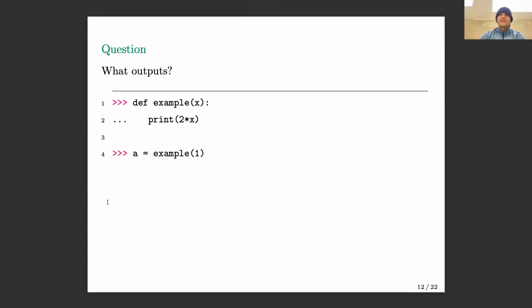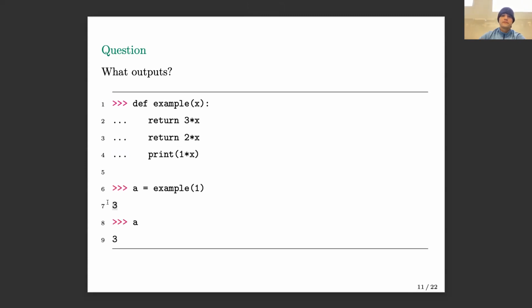What else? Yes, miss. Which one of those lines is us writing versus Python? Do those pink triangles mean that we're typing that in? Yeah, okay, so this is a good point. This is Python, and it's called the REPL: read, evaluate, print, loop.